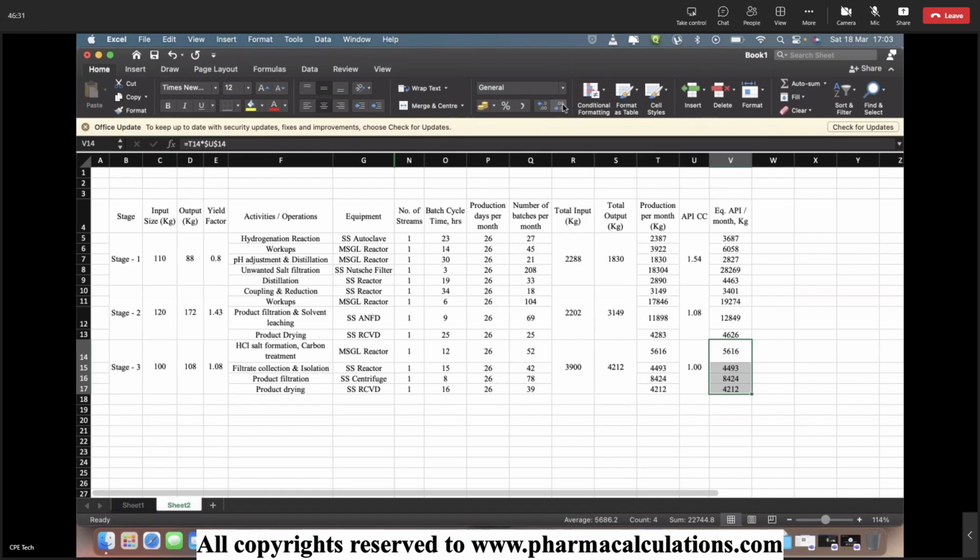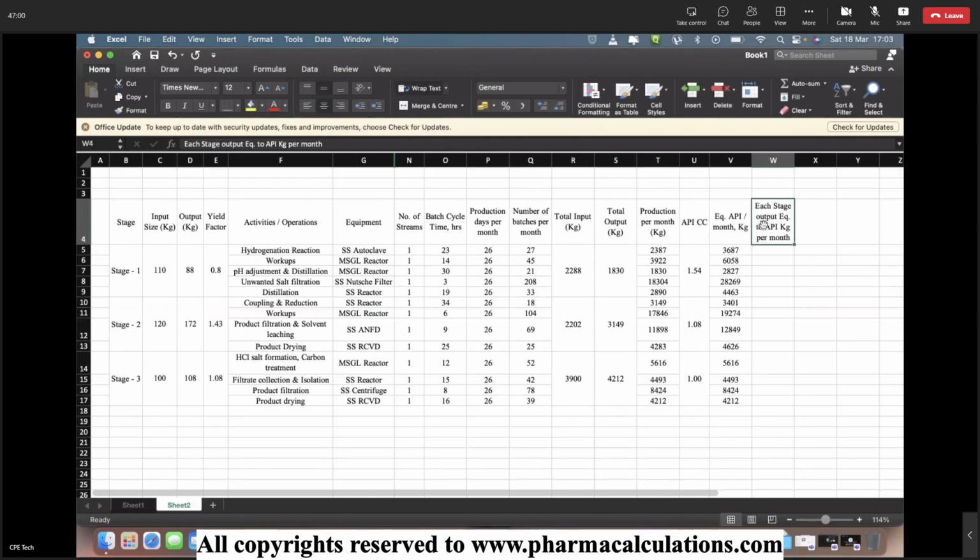So now once it is done, let's try to calculate the each stage output equivalent to API kg per month. So this is going to be somewhat critical to understand. Why? Because what is the API equivalent quantity from a specific stage that we are going to identify here. So it is nothing but